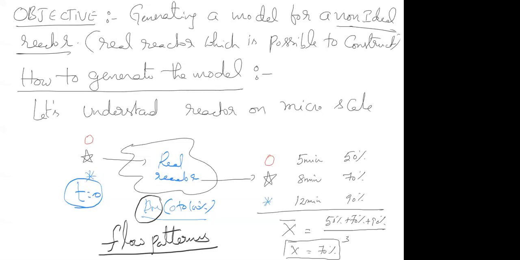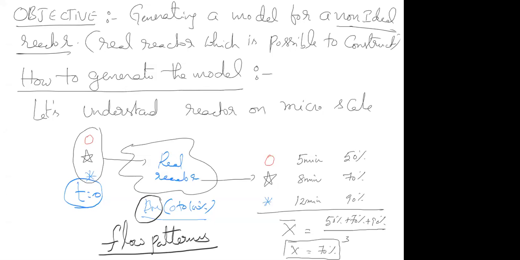Suppose the flow patterns are such that the back mixing is 0, then all the particles will exit at the same time. Then their conversions will be exactly the same, and their average conversion is also the same. Suppose you send these 3 particles to another reactor, why are you getting different results? So basically, understand one question: if you send a stream of particles to different reactors, why are you getting different conversions? That is the question. What could be the answer?